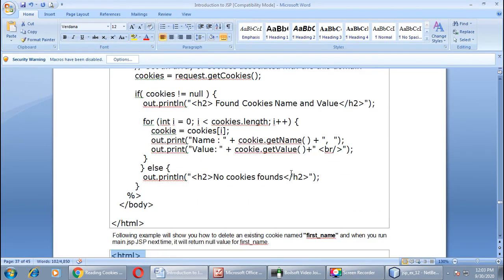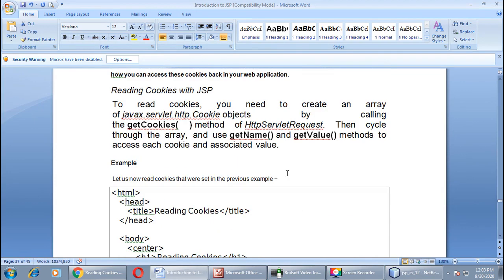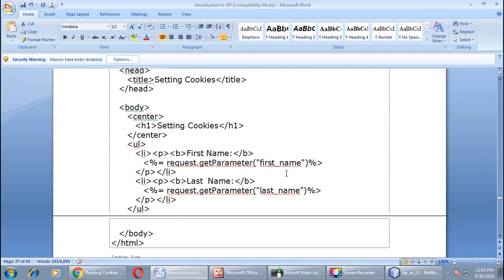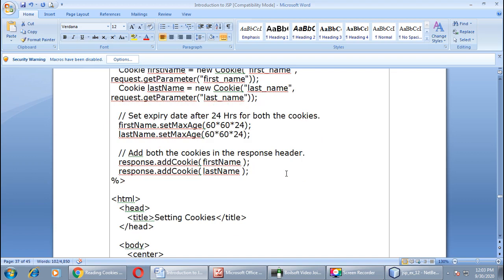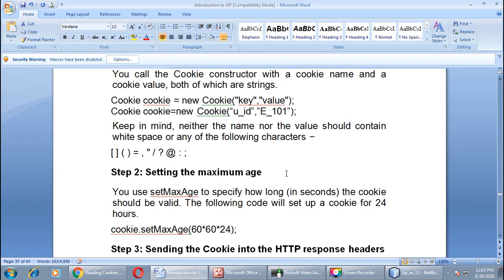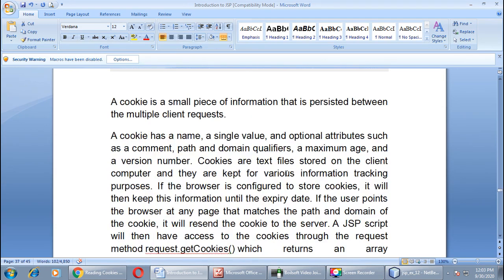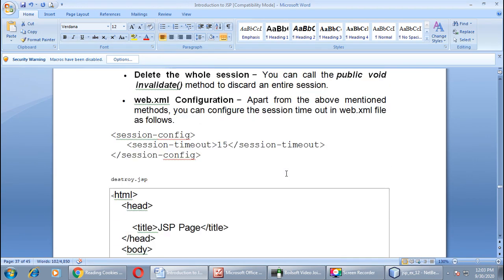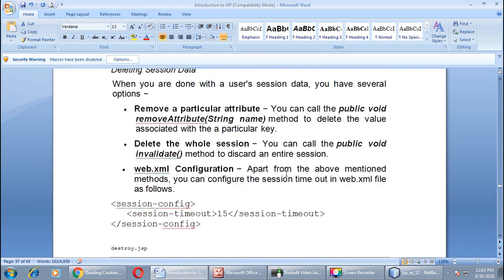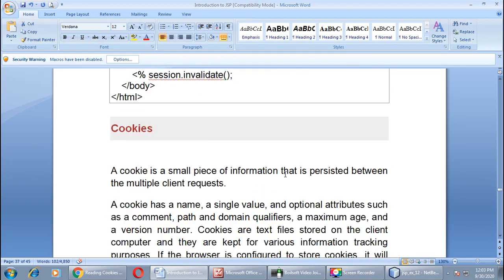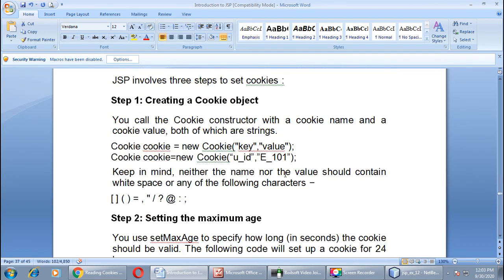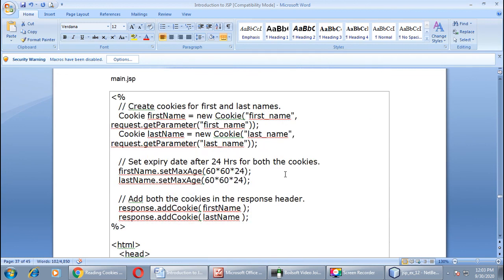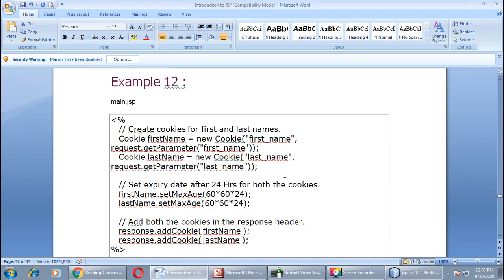So this is all about cookies, right? According to our syllabus, we have to cover only cookie and session objects for JSP pages, that we have covered in these 5 sessions. Note down both the examples in your journals. Example number 11, which is related to the session object, and example number 12.